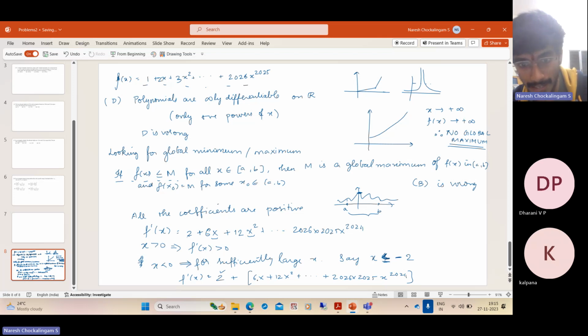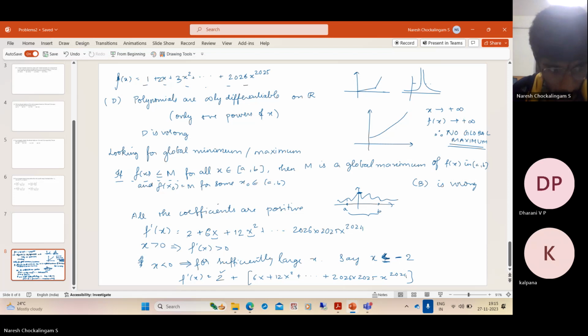But look at this. This is 6 into -2 or bigger values. This is 12 into -2 the whole square. That is fine. This is the positive value. Then subsequent values will take this alternating plus and minus signs. But if you look at sufficiently